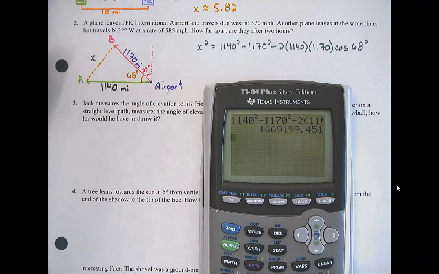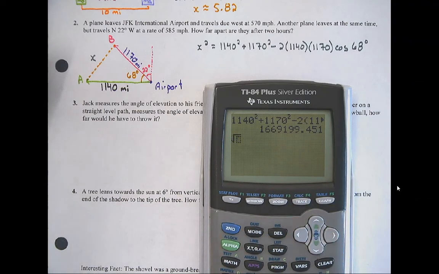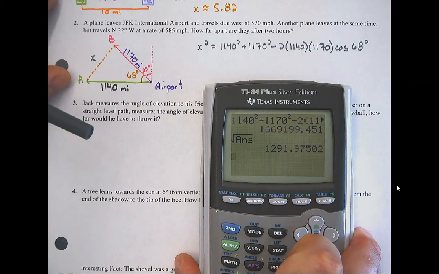I don't feel like writing them both down. Why do I know that's not my answer? That's still x squared. So now I need to take that answer and square root it. I don't want to type it in, so I'm going to go square root, and I'm going to use the answer button on my calc. So that number is a lot more manageable,